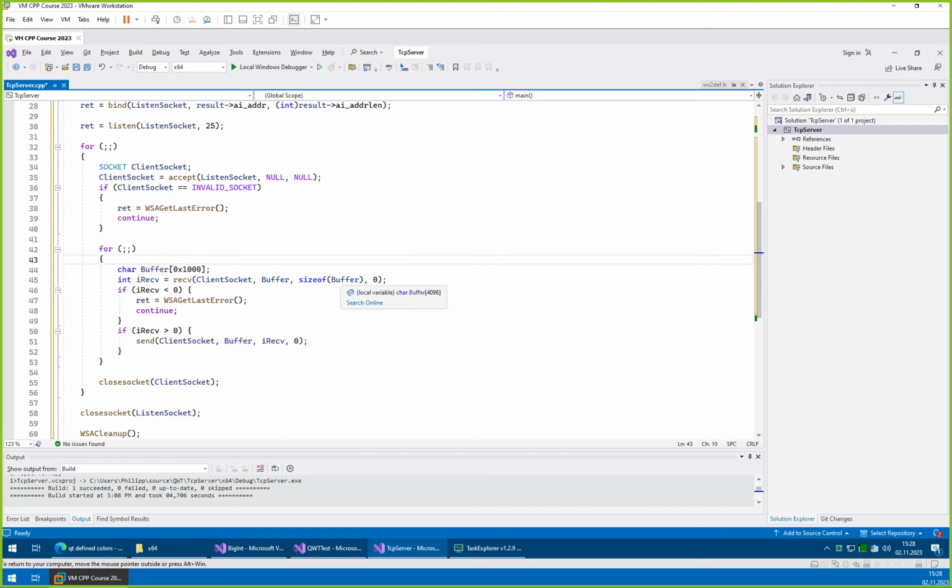We of course assume that we will have substantially less incoming data than what fits into our buffer. If we had more incoming data than what fits in our buffer, we would require some additional larger buffer, or maybe a vector that we can grow